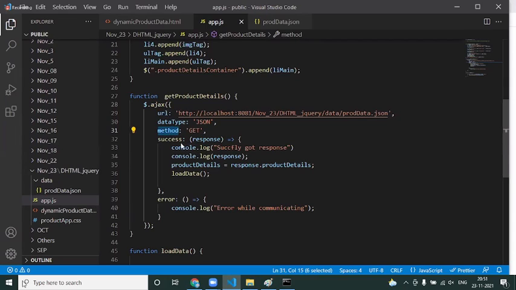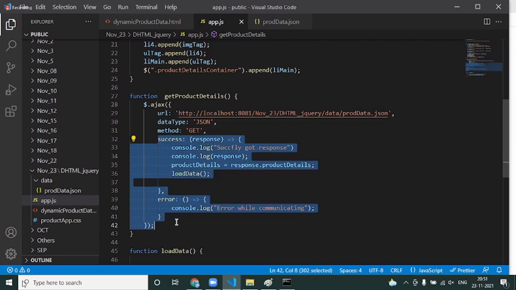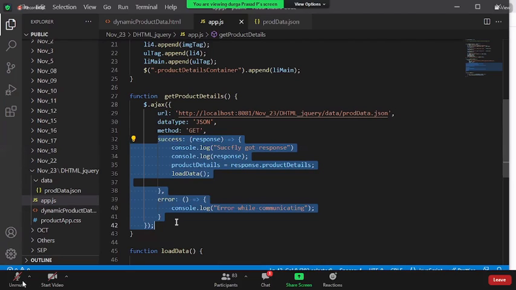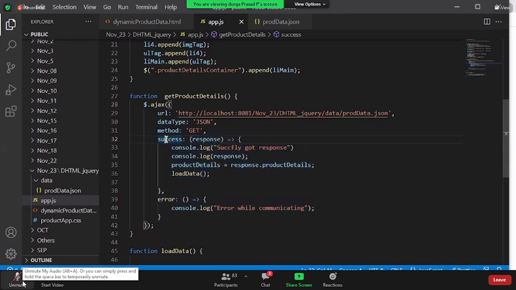On top of that, you have a success callback and an error callback. Why do we call them callbacks? We are not manually invoking them. I'm not invoking a success method or an error method. I'm simply defining that success means this, error means this. Now, who is responsible for invoking the success method? The $.ajax method will take care of it. When I hit the server, if I receive the response from the server, it automatically invokes the success method.